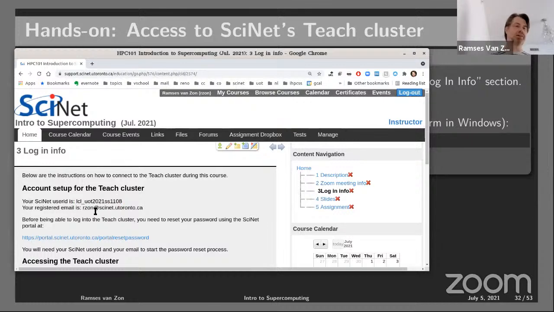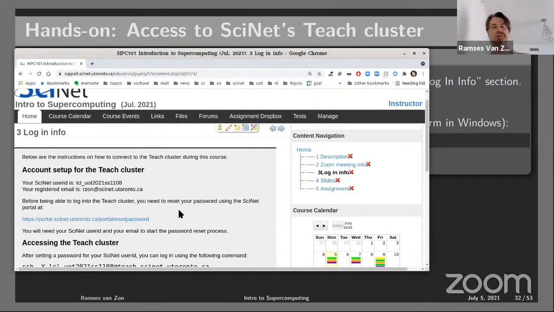And there's an email associated with it. That's why we asked you for your email when you registered. And now you have to use those two to get your password set. So this is a security issue. We used to just give you a password, but that's not particularly secure. You can choose your own by going to this site here and setting your password by entering these two things. It also asks you if you're a human, and it will send you a confirmation code, and then you can set your password. So you'll have a password that is then associated with your signed user ID, your LCL.